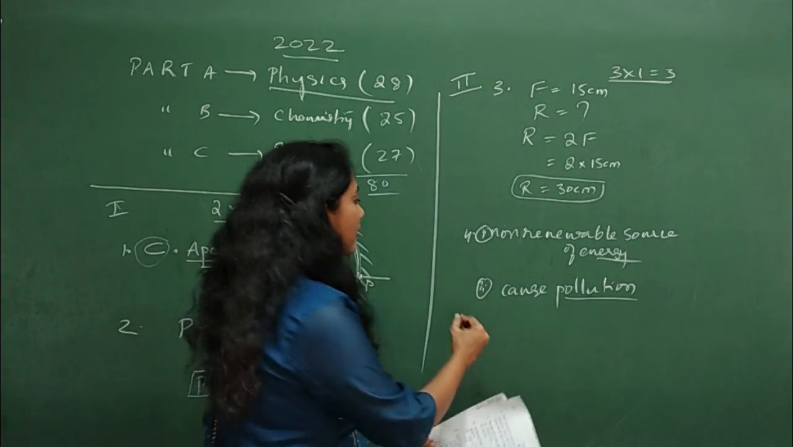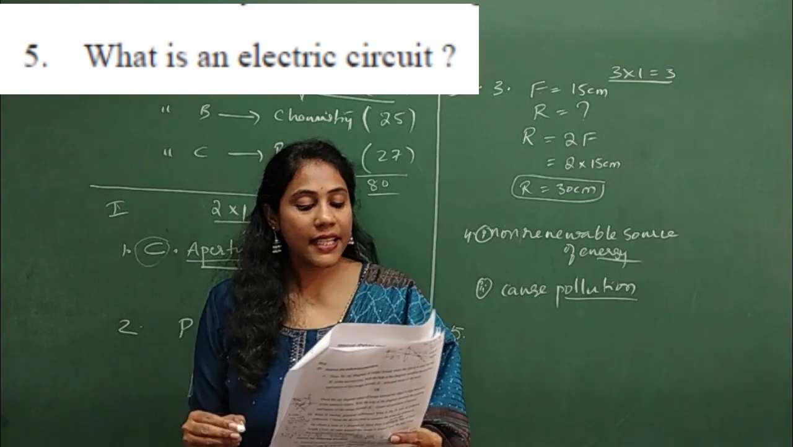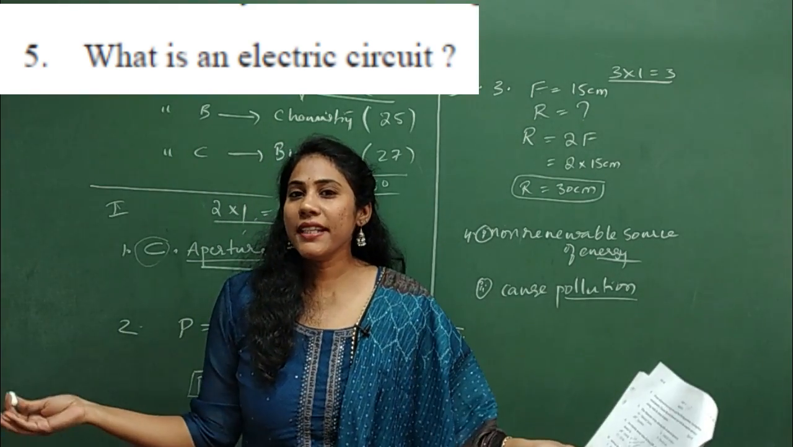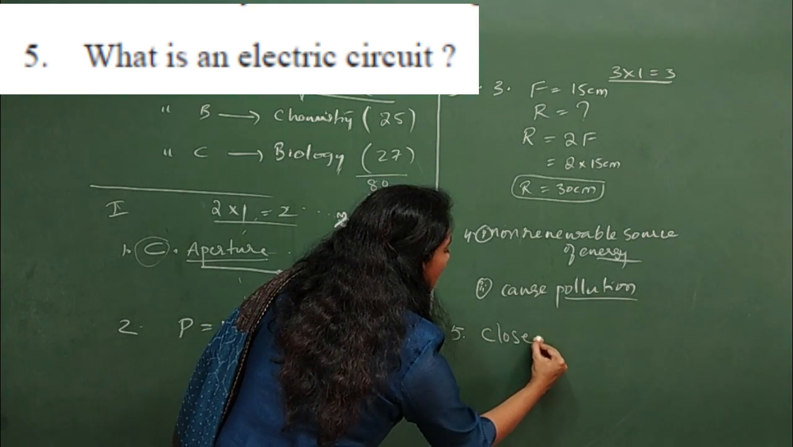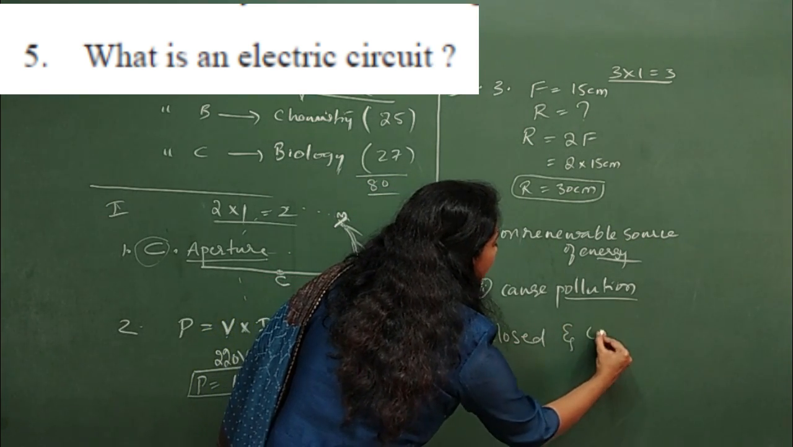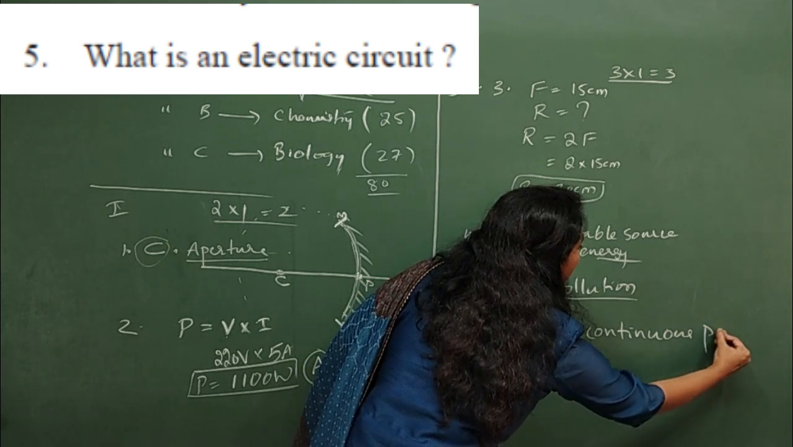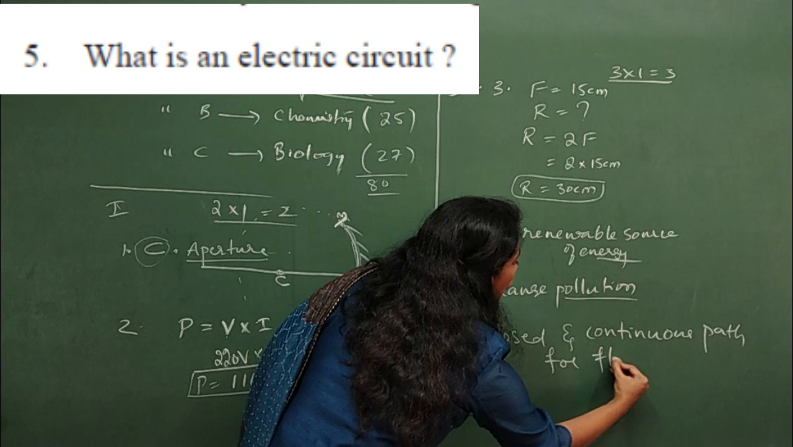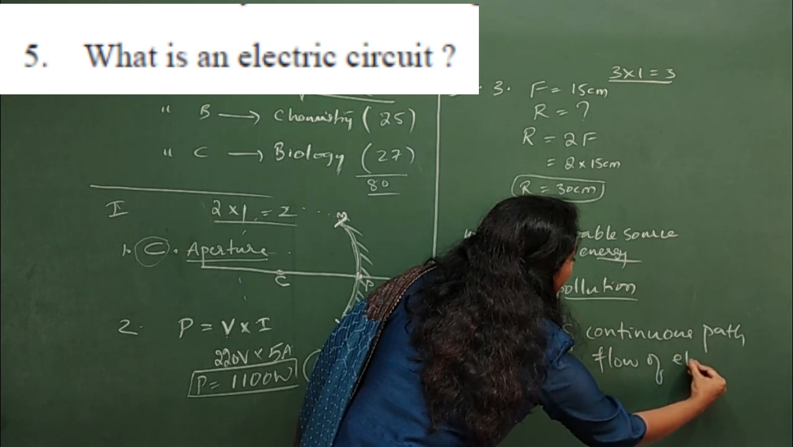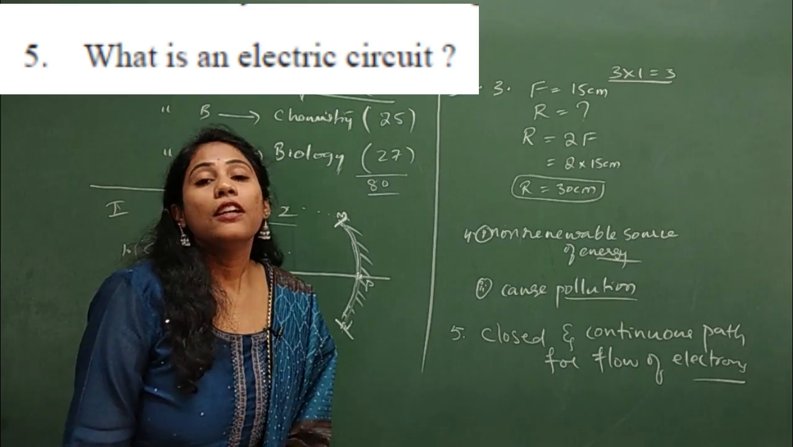Coming to fifth one, very simple question from the chapter electricity. What is an electric circuit? So what is an electric circuit? It is a closed and continuous path for flow of electrons. See, along with me, you can note down these answers in a book, because questions from